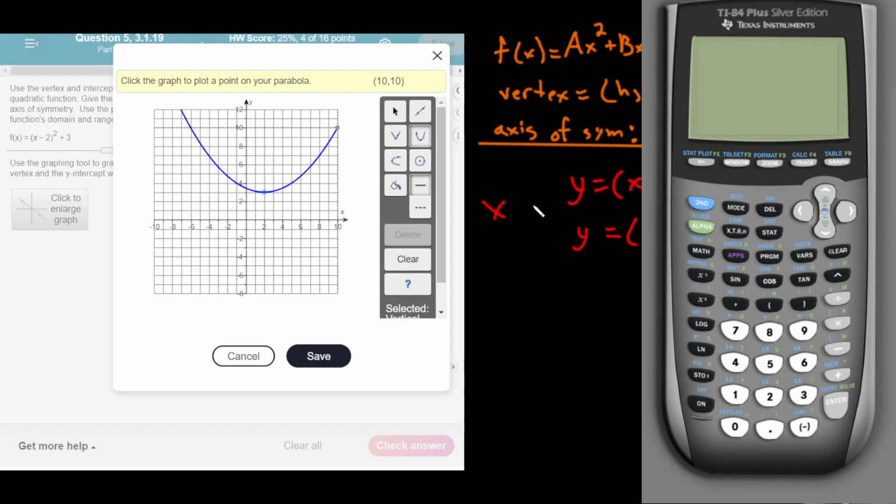So you can imagine having an xy table like this. We're plugging in 0 for your x and we're trying to get a y out. Okay, and whenever you plug a 0 into a variable, that means you're finding the intercept of the opposite variable. So if you're plugging in 0 for x, you're going to get a y-intercept. If you plug in 0 for y, you're going to get an x-intercept. And you can do that with any equation potentially. But anyway,